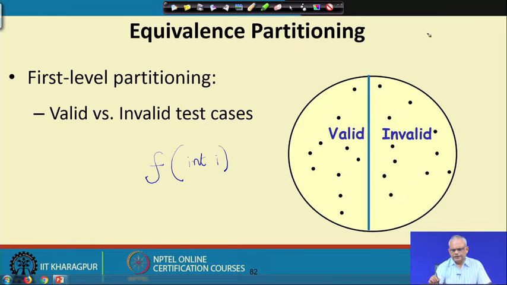The set of data can be partitioned into two equivalence classes. So, these are all the set of data, and we can partition the data into two equivalence classes. One is the valid set of data, which is the valid equivalence class, and the invalid set of data, which is the invalid equivalence class. So, there are two equivalence classes for every problem we should be able to identify to start with,